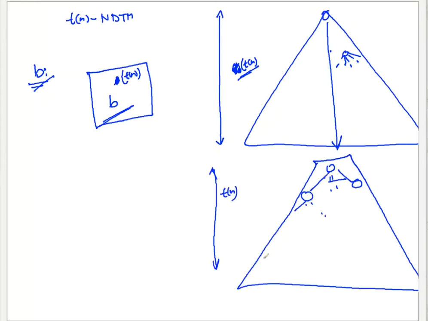Now the exact number of leaf nodes that fall on the last level will be b to the power T(n). You cannot have more than that. If you compute the number of all nodes, it will be the number of leaf nodes plus all other nodes at different levels. So what will that be? 1 at the root level 0, then at level 1 how many do you have? b. At level 2 you will have b squared, then b cubed, and likewise, and finally at level T(n) you have b to the power T(n).